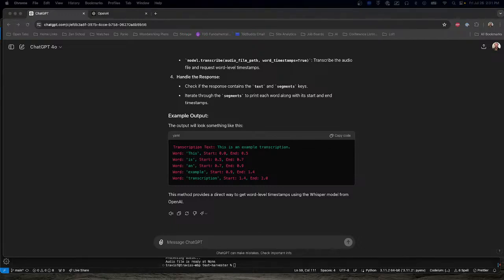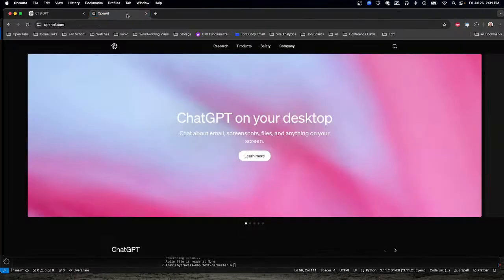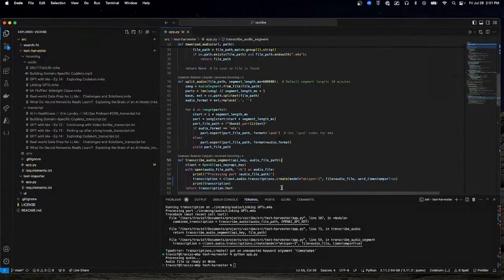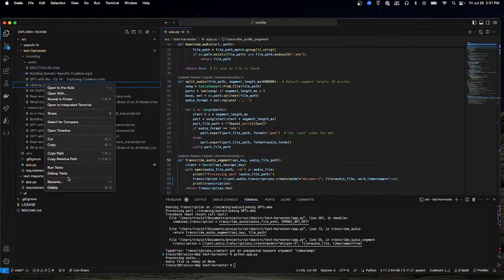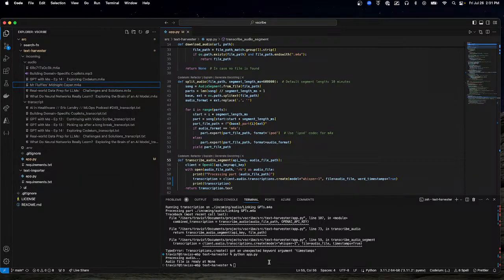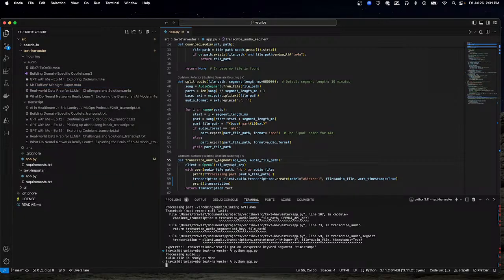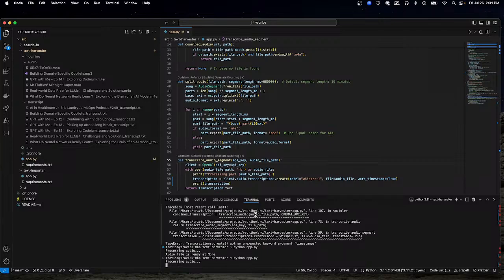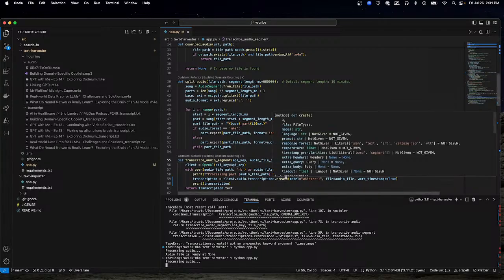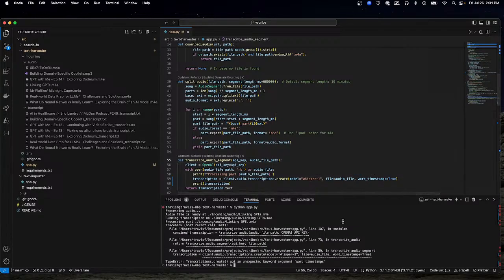Cool. All right. Audio's a none because it's there already. I'm going to run this through. Got an unexpected word keyword. Hmm.